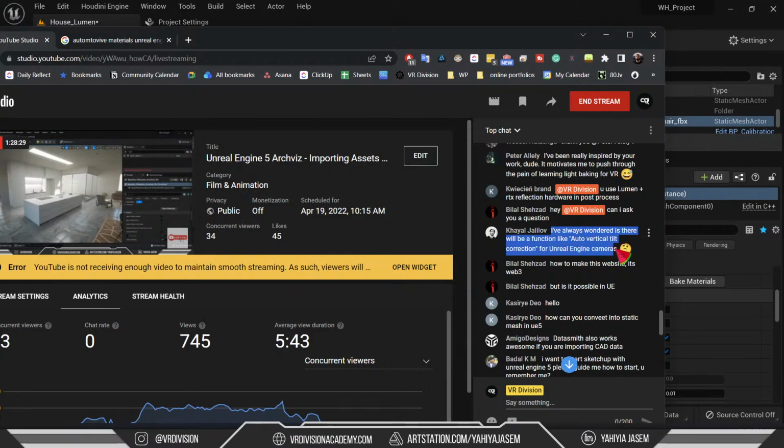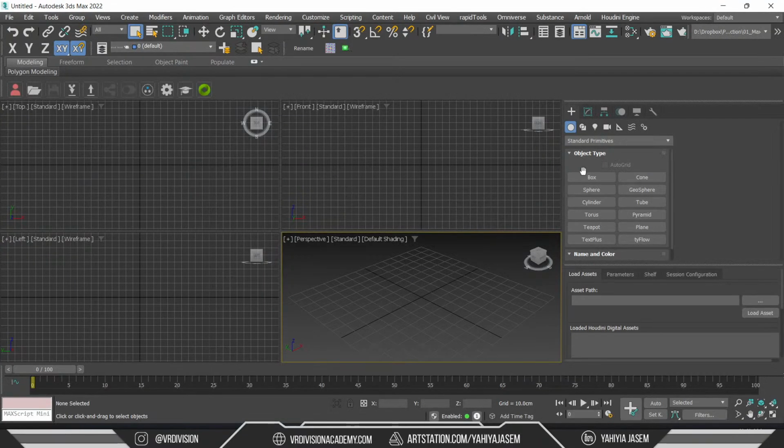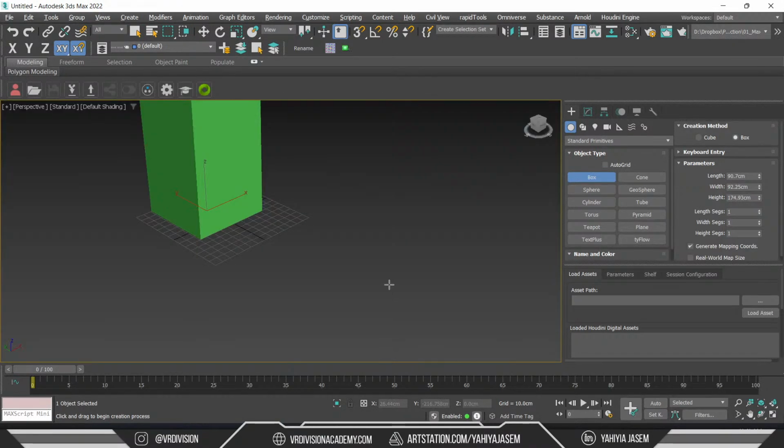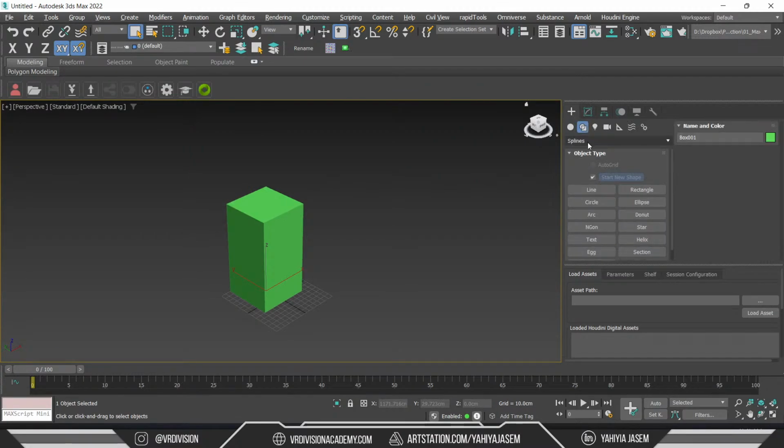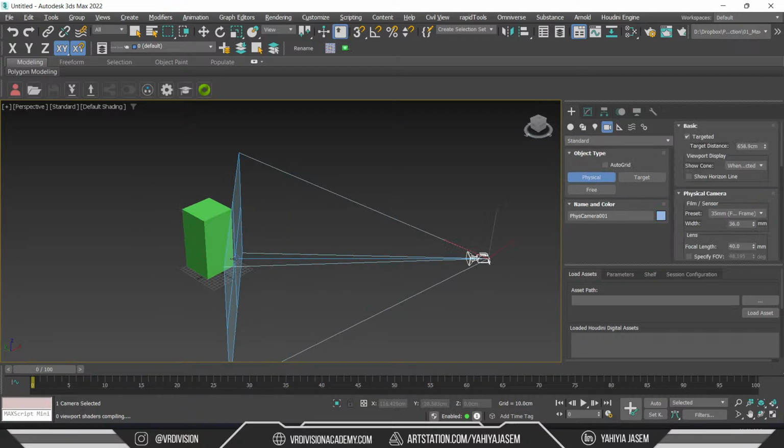This is a great point, buddy. We can write about this in the forums of Epic. That's a good place to start. I would love for this option to be inside Unreal Engine, to have a tilting option for our architectural shots. It's especially useful for exterior shots. So when you have a physical camera or any camera,